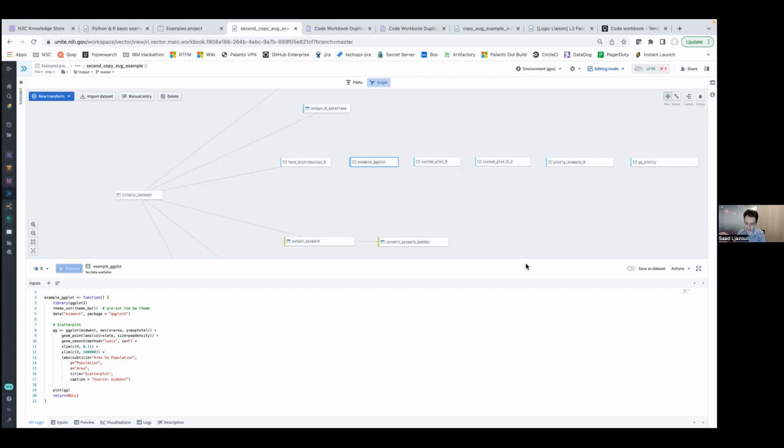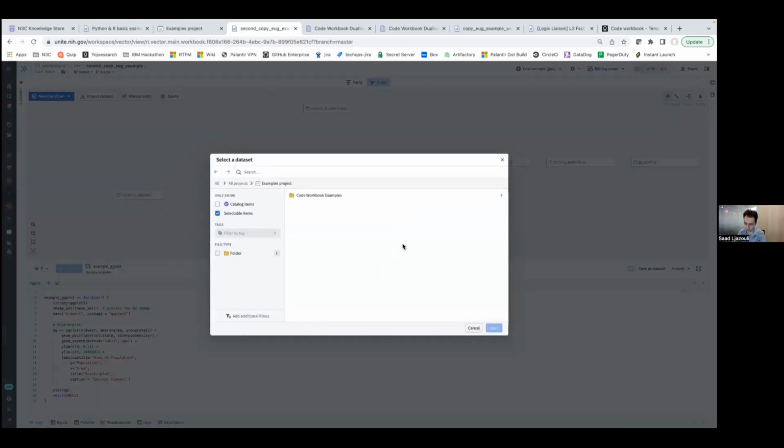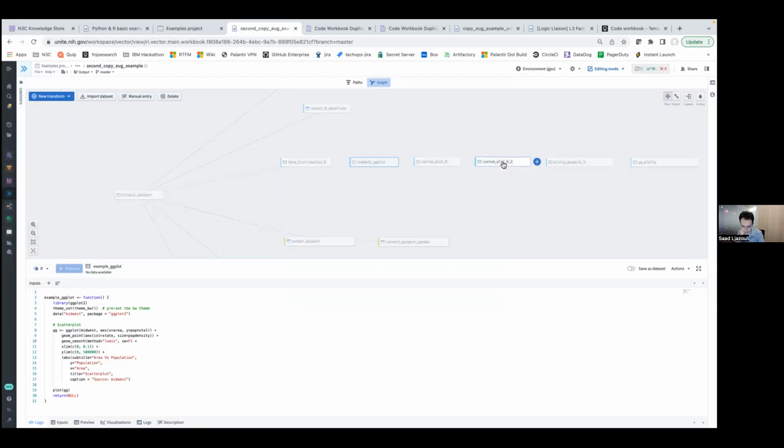But the data sets themselves, unless they're input data sets, and these are the data sets that you import to your workbook, unless they're input data sets, they will not be copied. And then the other thing is that these input data sets have to be one of the data sets that are in the data catalog. So the data sets that are approved to be used everywhere in all other research projects of LDS or de-identified